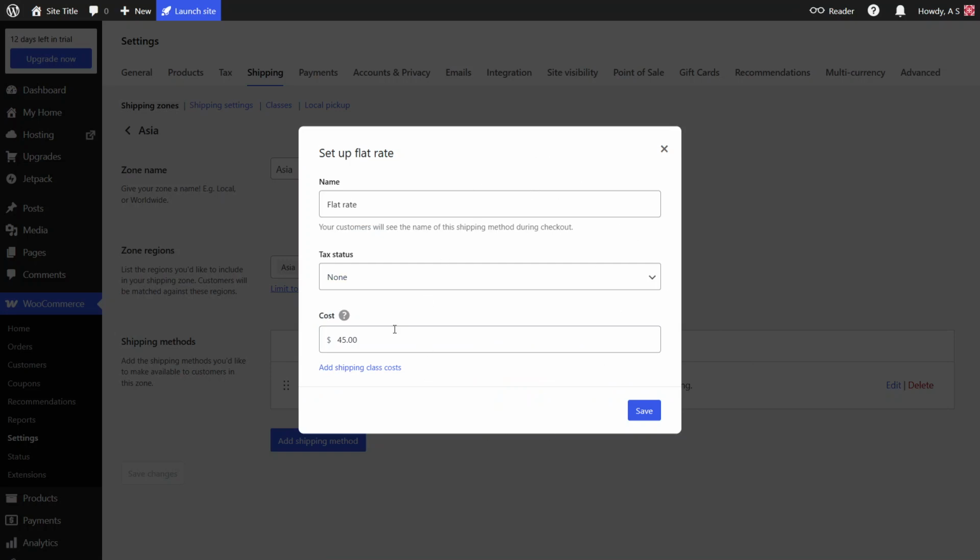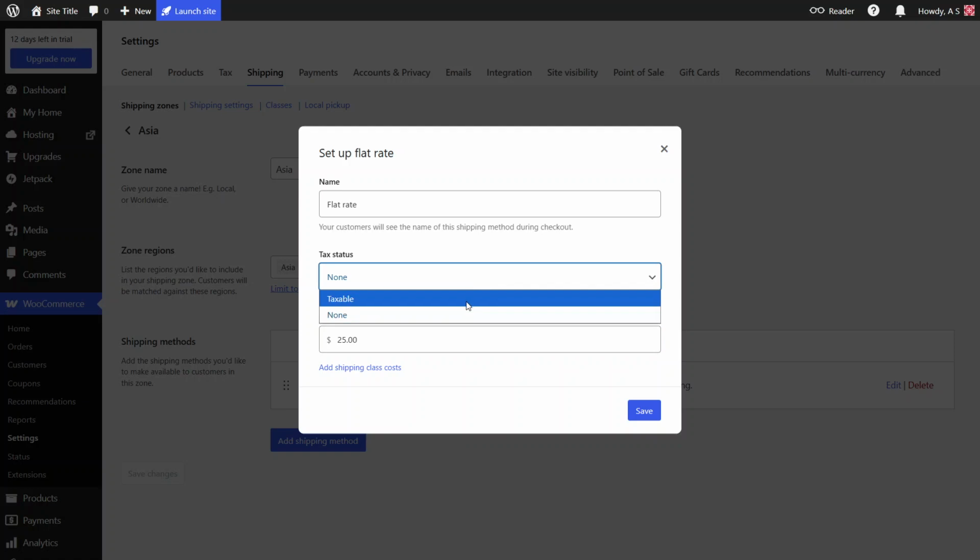If you're editing a flat rate method, you'll see a field labeled Cost. Here you can type in the new shipping amount you want to charge. For example, if you want to charge $10, simply enter 10 in that field without any currency symbol. Just below that, you'll see the tax status option. You can choose whether this shipping cost should be taxable or set to none, depending on how you handle taxes